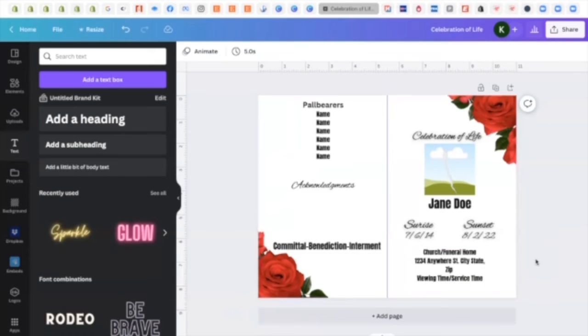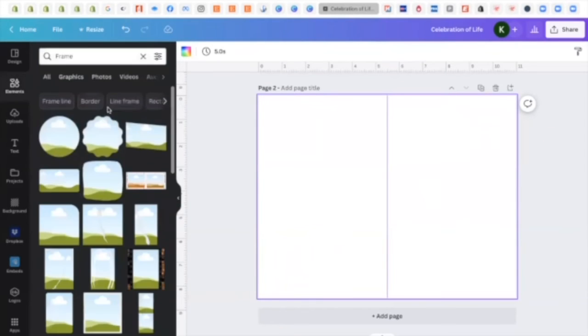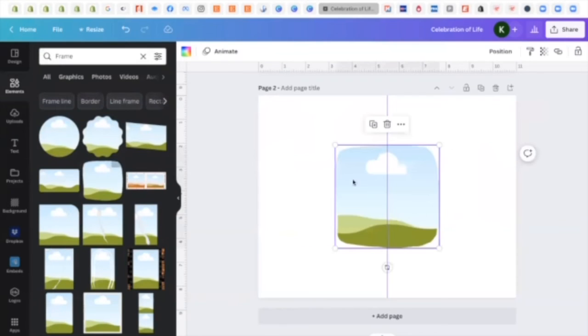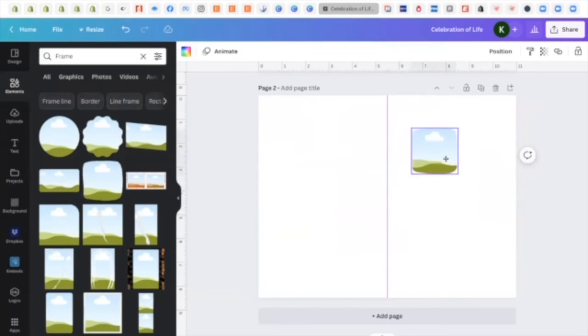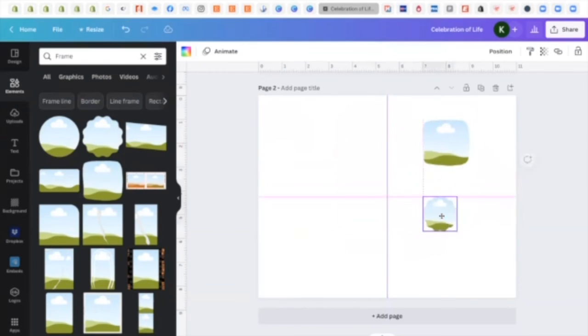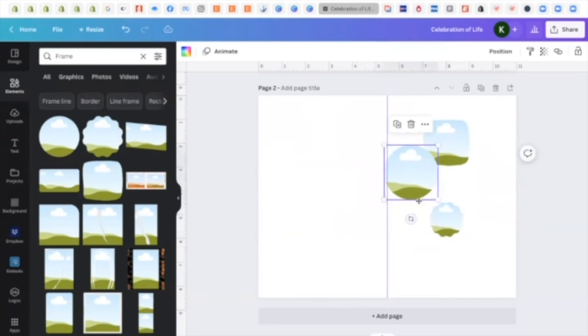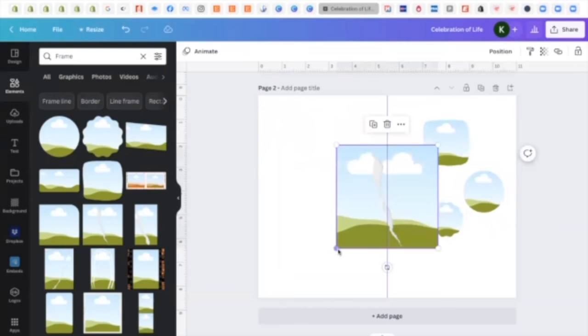But if you want to do more pages, you can add another page. Your ruler is already there. Let's say you wanted to use this page for the eulogy and this page for pictures, you can add different frames in, because a lot of people tend to do a lot of different collages. Like I said, I work with Photoshop a lot, so I would add them in and fade them out and things of that nature that I use with my Photoshop. But this is just a simple way of doing a basic